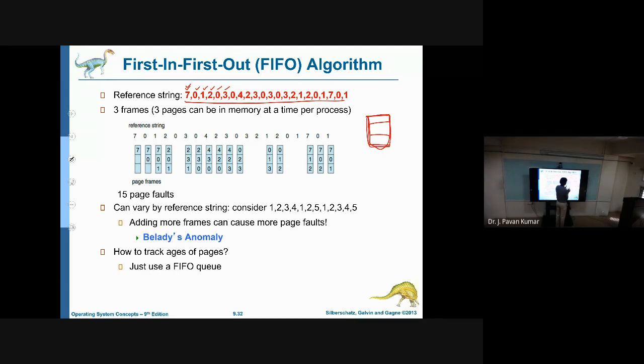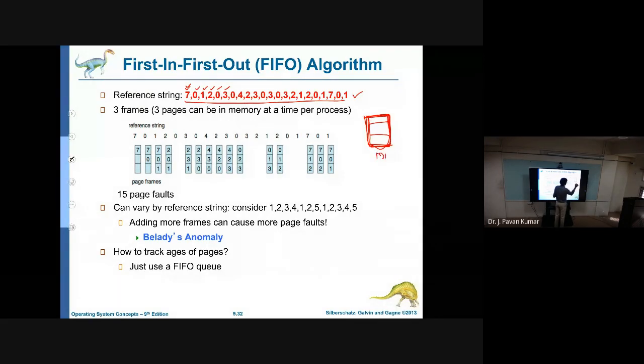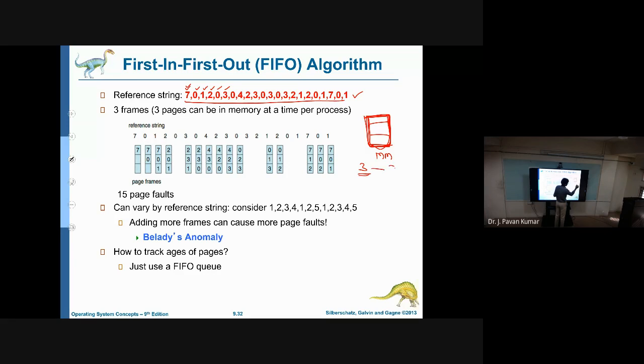Try to understand, try to follow. This is a very, very important topic. This is the reference string. That means in this particular order, all these pages will be referred. Okay, we want all these pages. Now, initially we have the main memory, which consists of 3 frames. Into these frames, how many pages can we store? In each frame, 1 page we can store. So 3 pages we can store. Now, initially all these frames are empty.